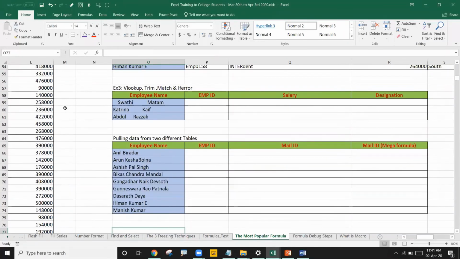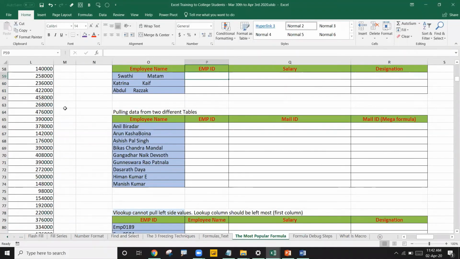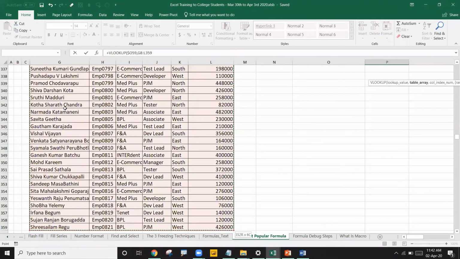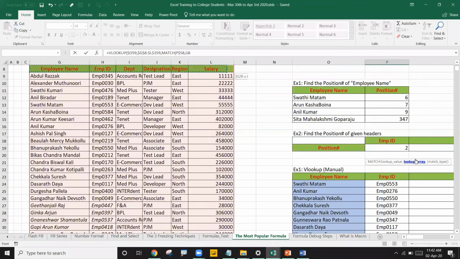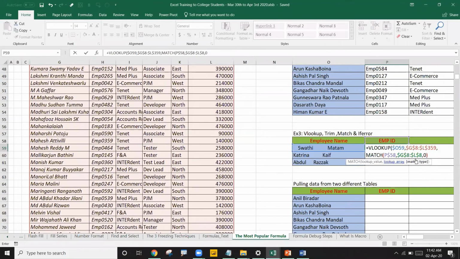Let's do the same VLOOKUP one more time with another example. Here I have three employees, and I require information related to these employees. I'll write the same formula, equal to VLOOKUP. I'm looking for this value. I'll press F4 a couple of times, comma. Table array means this entire table. Press F4 to lock it, comma. For the column index number, to make it dynamic, I'll write the MATCH. The lookup value is frozen properly, comma, lookup array is all those headers, press F4, comma 0, bracket close for the MATCH. This 0 is for the VLOOKUP, bracket close and enter.